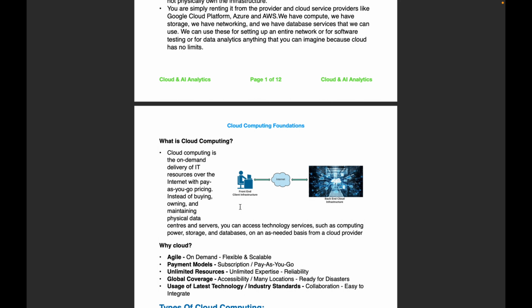For example, let's assume that in on-premise we'll be keeping 1 TB as our storage limit. After that, when the data grows beyond it, we have to physically get a storage device, and we have to mount it to the existing setup.